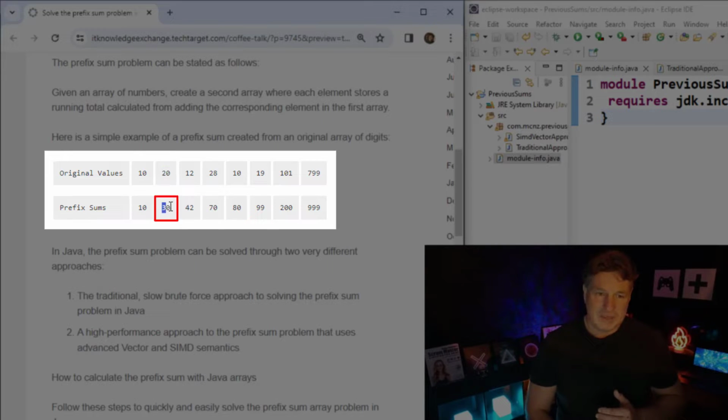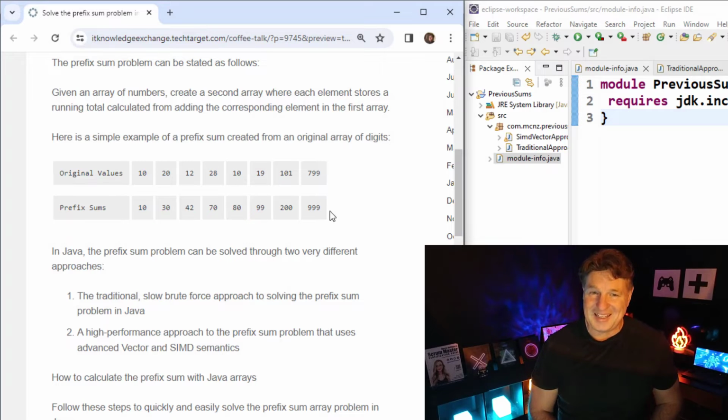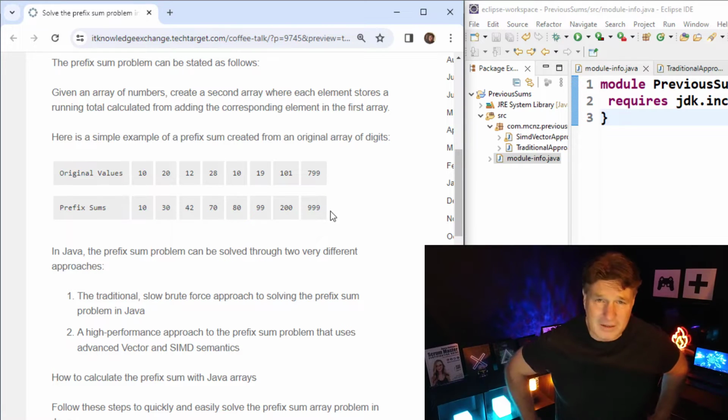We've got 20 here. Well, 20 plus 10 equals 30. We've got 12 here. Well, 30 plus 12 is 42. We've got 28 here, 42 plus 28. This is going towards the limit of my mathematical capabilities, but you do get the idea here. I'm not good at math, but I can write a computer program that does math for me,